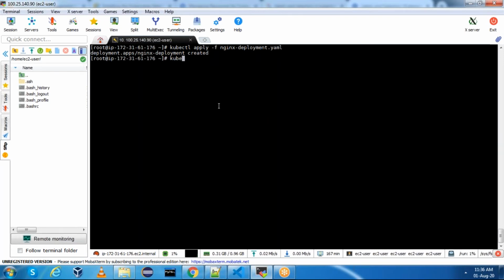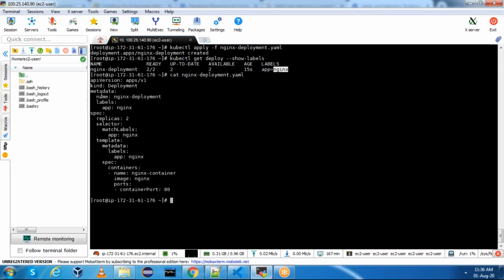Now, if you see kubectl get deploy --show-labels, we have the label, right? The first entry is for this particular one. Okay, it's nothing but the deployment label, this piece.